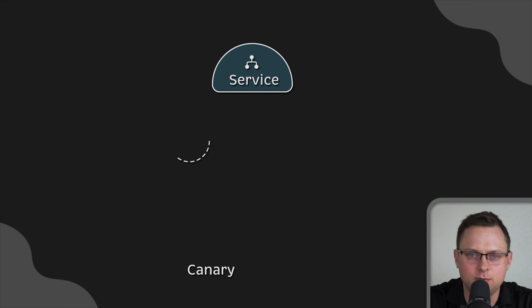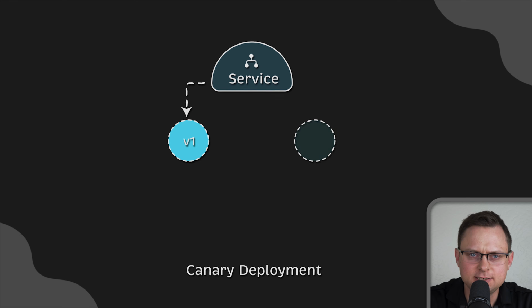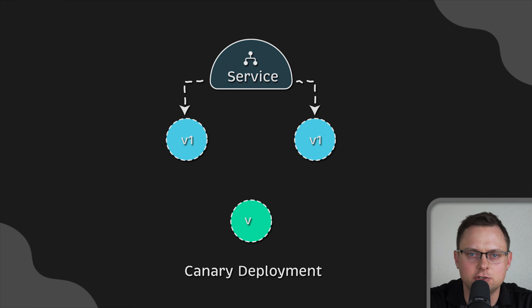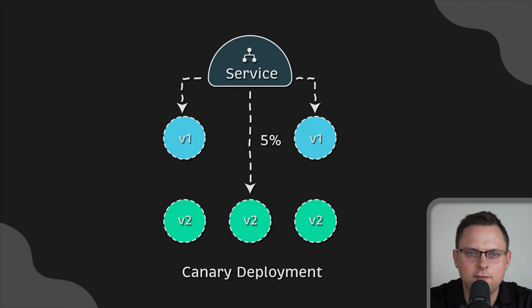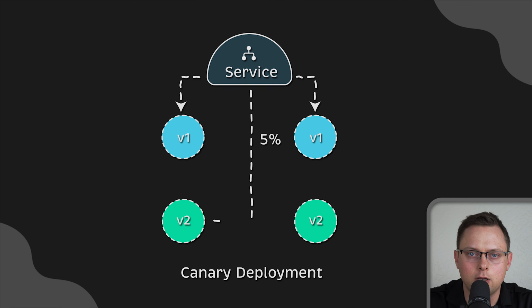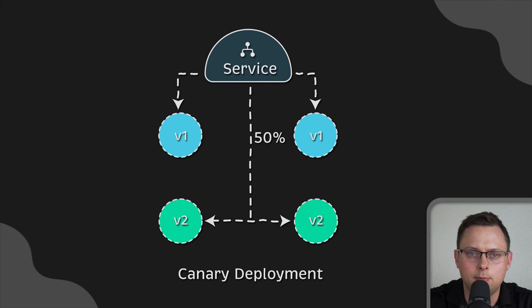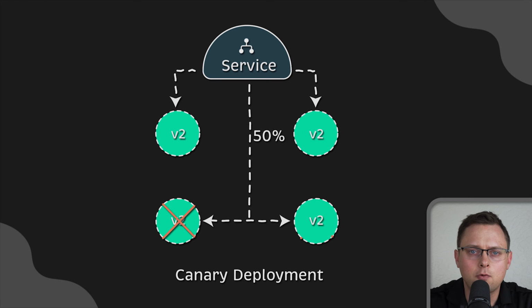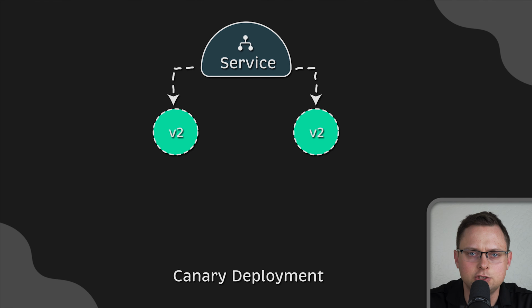Next is a Canary deployment. It's also one of the most common deployment types. In this case, we need to prepare a deployment and start slowly shifting traffic to that new version, continuously testing. So if we discover a bug during the rollout of this new version, this approach helps us to minimize the affected users. However, if the results look good, we can gradually route this version to more clients until we reach